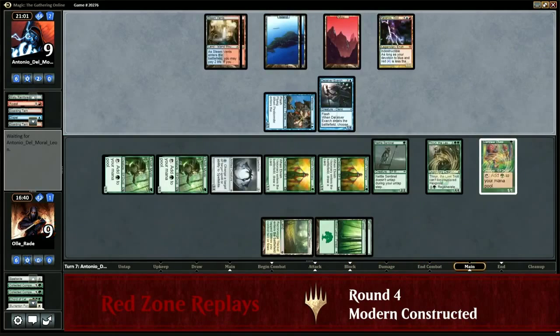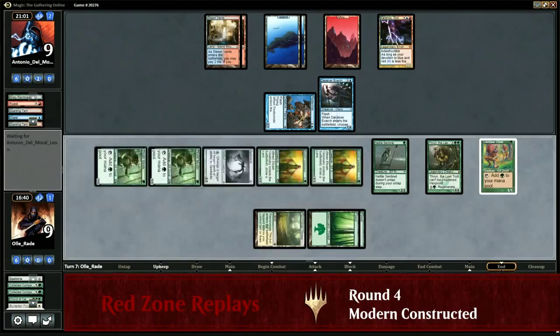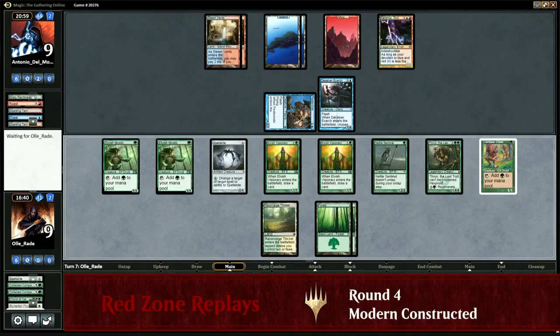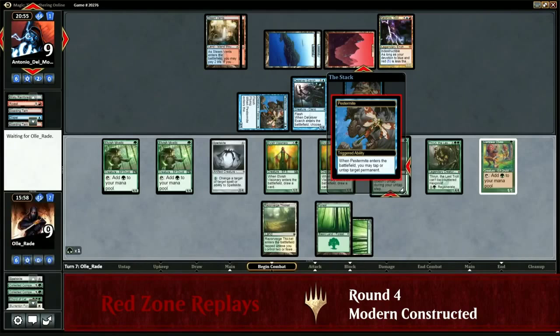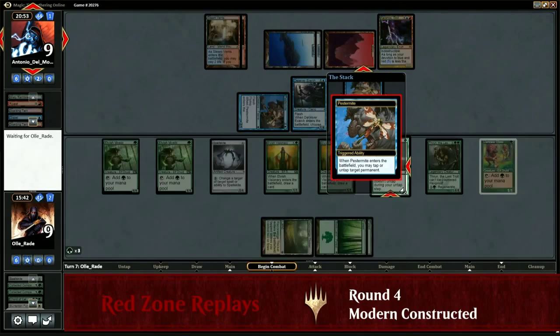So, Ule's down to 9 here. So is Antonio. So is Antonio, yeah, exactly. And there's almost that many attackers in play. So we get another Pestermite, this one tapping a Nettle Sentinel. But it's time for